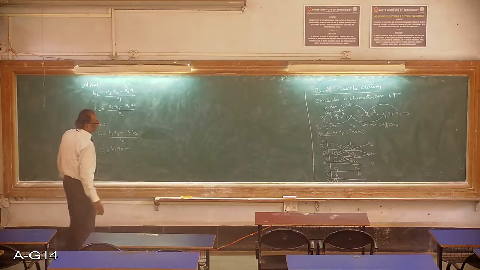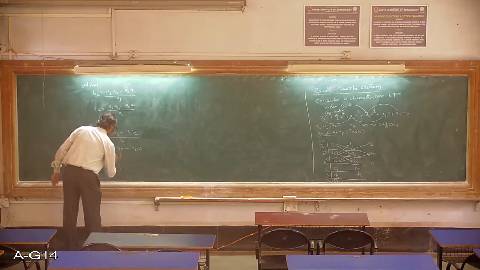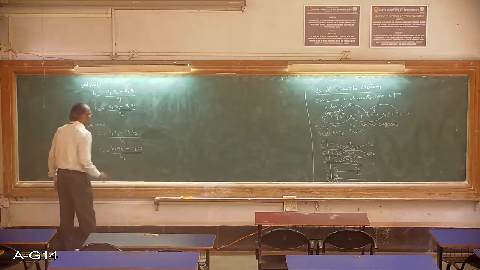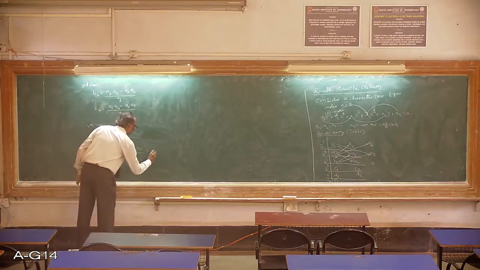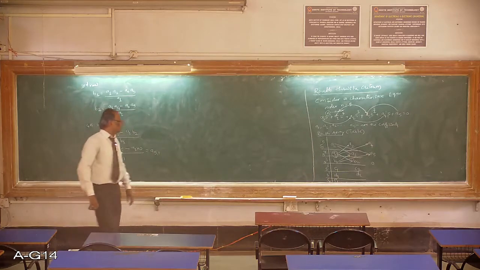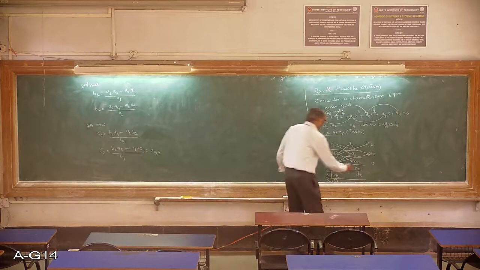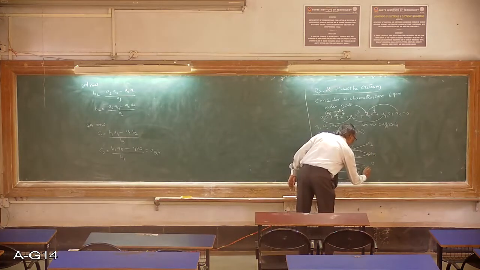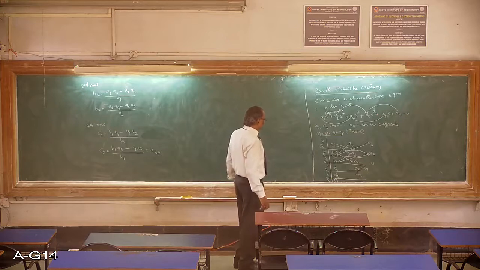B1 A5 minus A1 into 0, divided by B1. So this will be 0, B1 gets cancelled, and C2 will be equal to A5. So this is equal to A5.